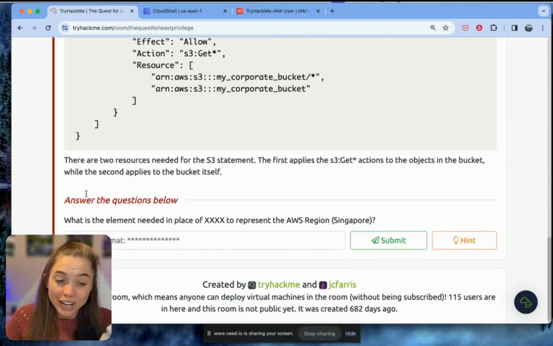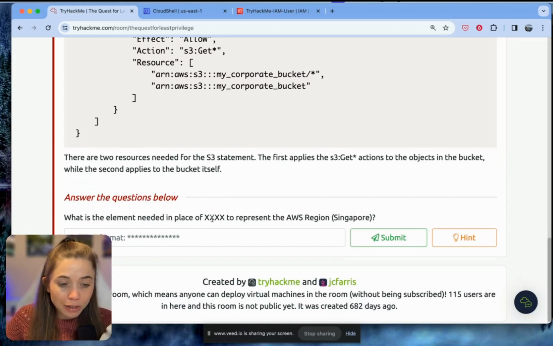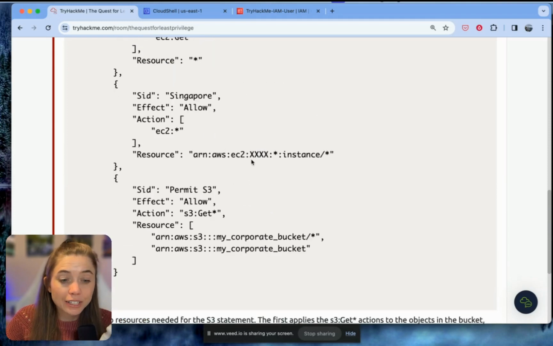And then here's the question. What is the element needed in place of XXX to represent the AWS region Singapore? So we need to add the region here to make this rule complete to allow the actions only in Singapore. And remember, ARNs have a predictable format, right? So that's what we're using here. So this is ARN and then AWS and then the EC2 service. And then when we put the region here, this wildcard after region is going to allow any action in EC2